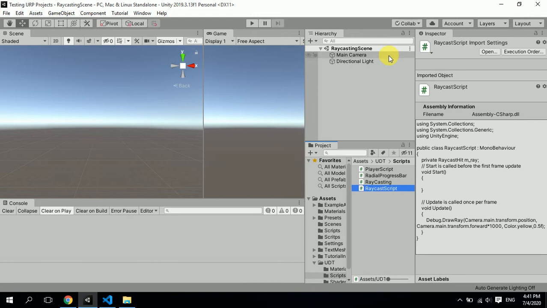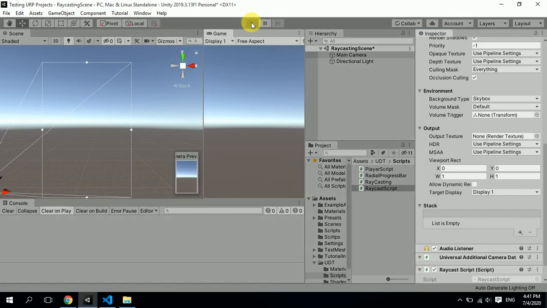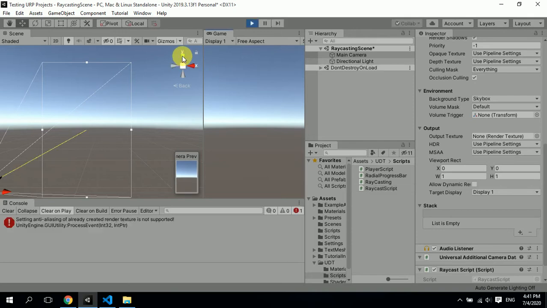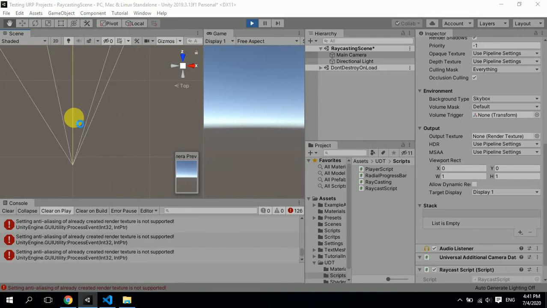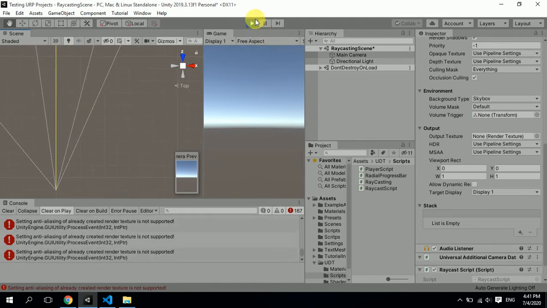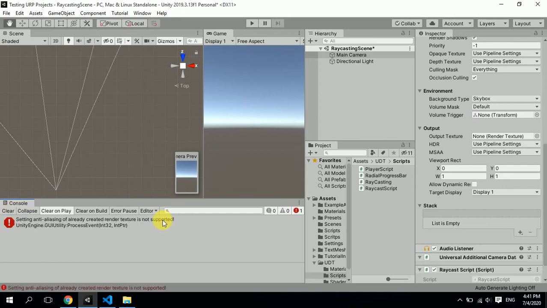Now I'll attach this script on the camera. Just drag it and drop it here and hit play. Can you see the ray? Look at this, yellow. Now what we want is this should hit a game object or any object which you would like to point this ray on. So let's go back to our script